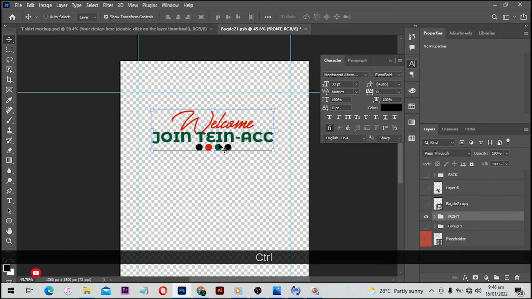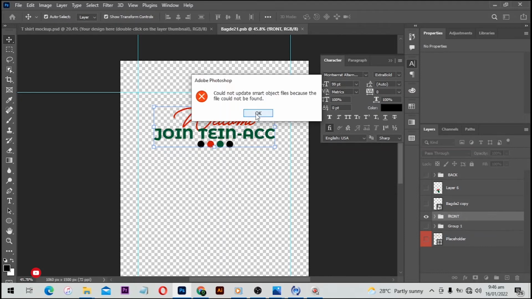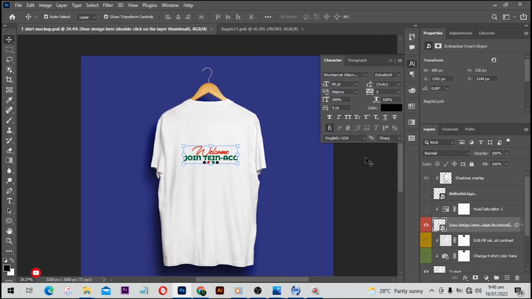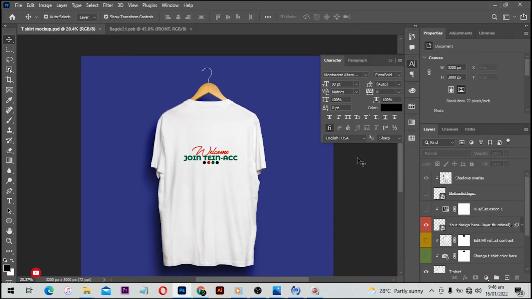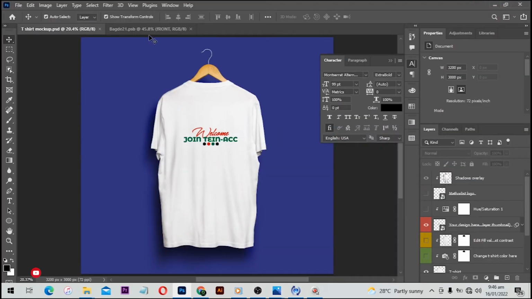Select that layer, and I'm going to move it a little bit up, and I can align this one to the center if it is not. Ctrl S to save, wait for it to load, and if you get this message using the mockup, don't worry, click on OK and open up your mockup. Boom, we have our first design in the mockup, but it is left with this shape that we don't have yet, so we are going to add that one.